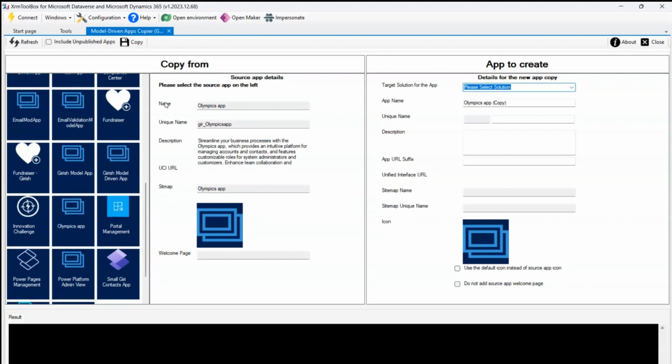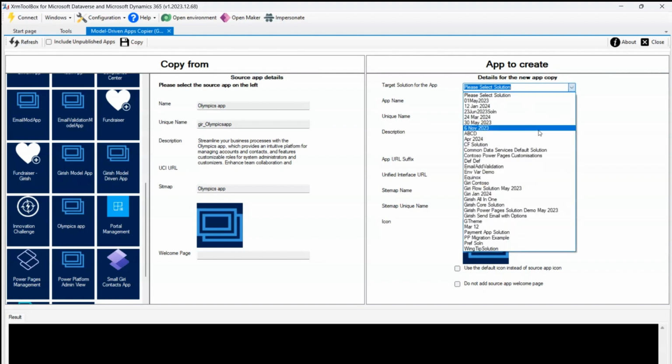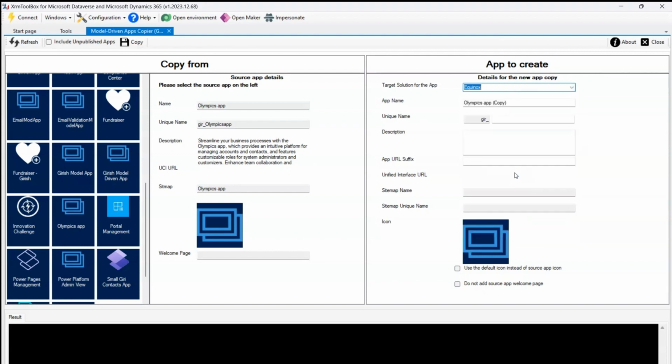Now it will list down the name, the unique name, description, sitemap, and the welcome page details. On the left hand side, you'll see a copy from. So this is the source and this is the target. For the target solution, I need to pick up a target solution. I'll pick up one solution, Equinox, and from here I'll pick up the app name. So I can make the name of the app say Olympics app April 2024,